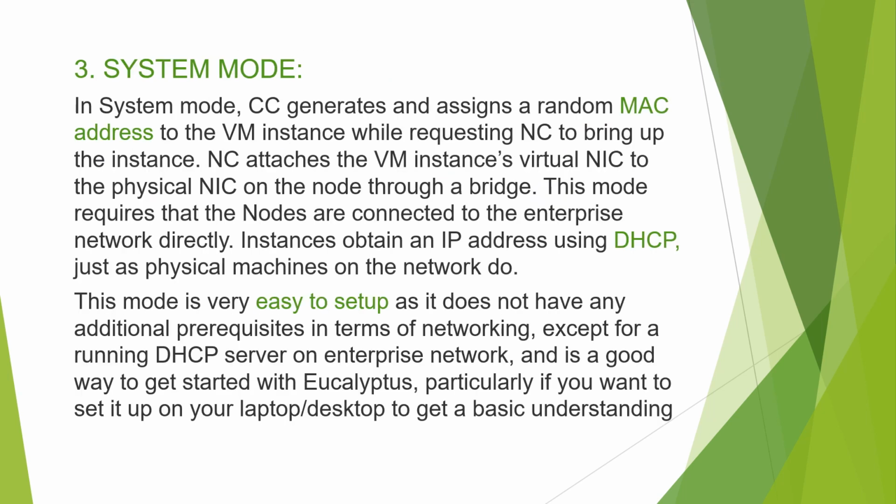So, the third type of operation mode is system mode. It has the least features and it is the simplest of all the modes. But when we want to assign a private IP, it becomes complicated. First, it has to get some MAC address, that is the medium access control address, which has to be configured to the VM instances and finally get attached to the node controller's bridge port to the device which we are connecting. For example, if it's an Ethernet device, then the node controller's bridge port has to connect to the Ethernet device. Then all the IP assignation will be done. That's why this task becomes really complicated and this mode is kept simple because of this reason.